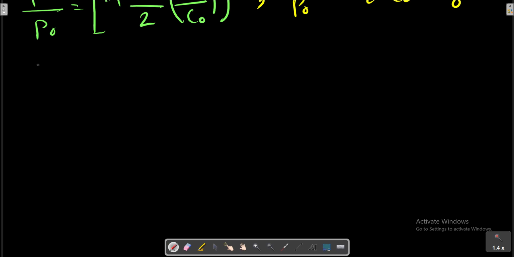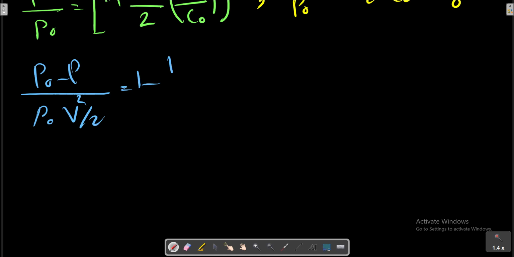Or rearranging, we can write the appropriate relation for a pitot tube